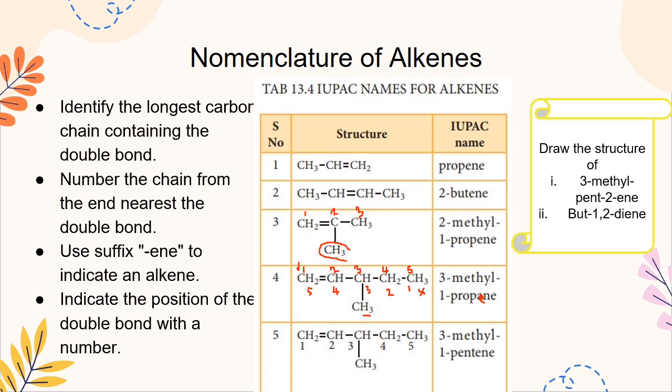In that case, it tells you that there are going to be 2 double bonds in the structure. One will be in position 1 and the second in position 2. When you are drawing, remember that carbon is tetravalent and it can only have 4 bonds attached to it. So please